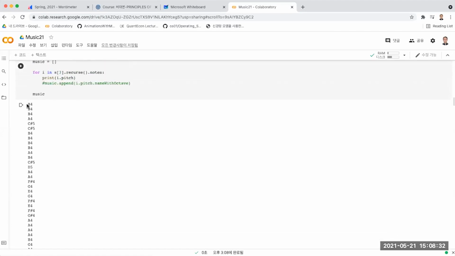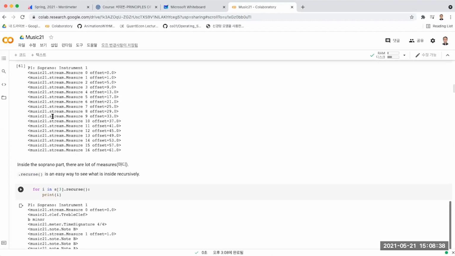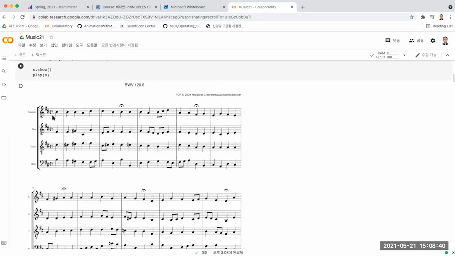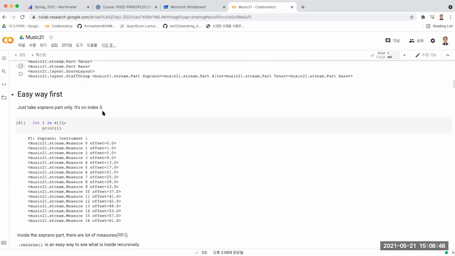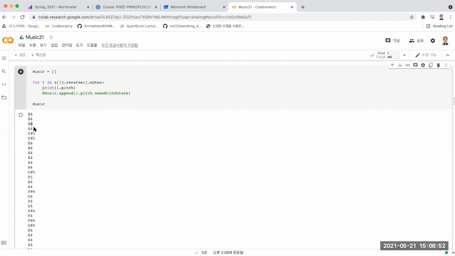So we saw that there are 3 notes at the same pitch here in the soprano part, the 1, 2, 3, and then one goes down and goes up, and all these pitches are written here. So we can make a list of all the notes. So instead of a printout,